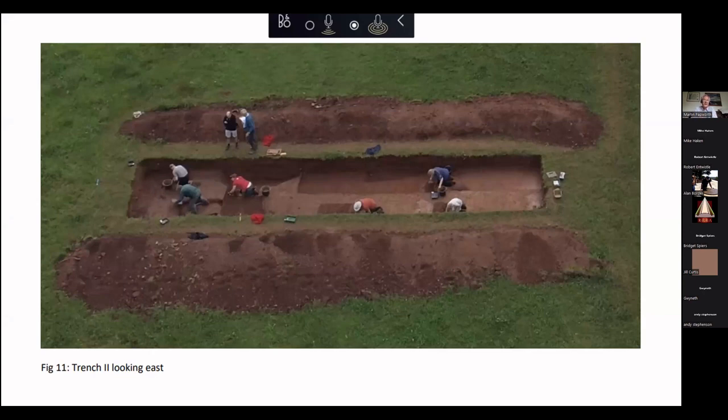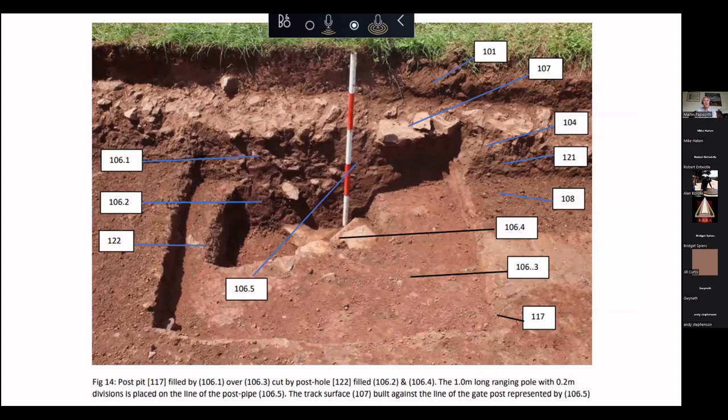Here it is, and what you can see in this picture is this feature here and this feature here. What I was trying to do with this trench is to catch the ditch terminals, the very end of the terminals as you come into the hill fort, into the triple ditched enclosure. Also on this side, there was a big burnt area with a pit in it. And that feature proved to be